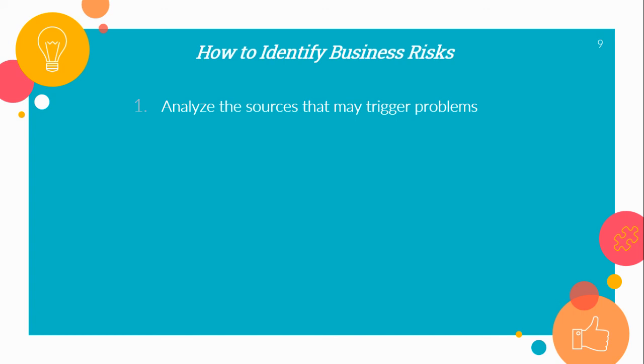Next is, how will we identify business risks? So first, as mentioned, risks are inherent to every environment and business. So they cannot be avoided and therefore must be addressed head-on to minimize their impact. Kaya nga sabi natin, kailangan i-mitigate. So the first step in risk management is to identify the risks in order to cope up with the risk